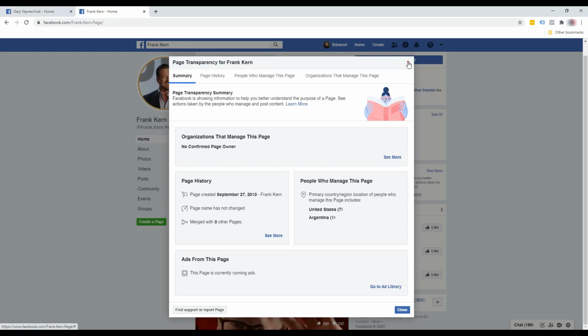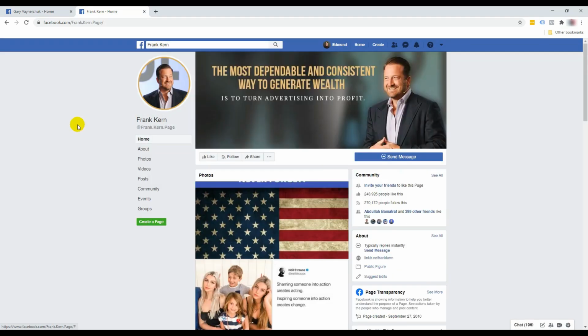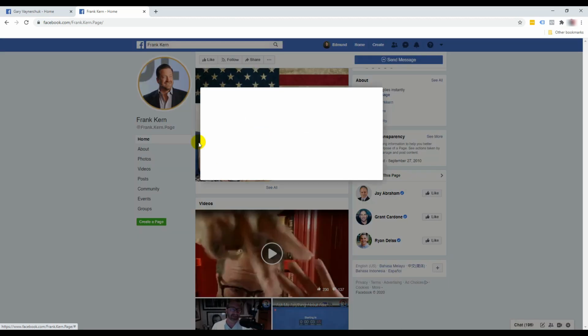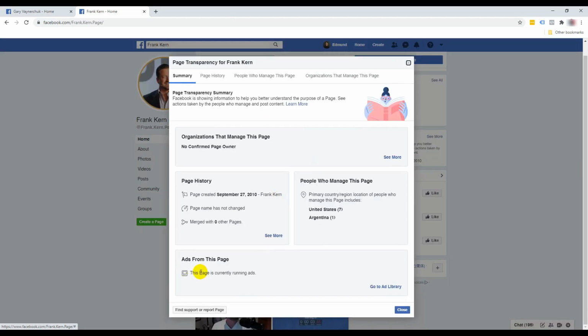So let's go check out another example. This is by renowned internet entrepreneur Frank Kern, and let's take a look at page transparency again. And you can see that this page is currently running ads. So if you want to take a look at what kind of advertisements that this page is running at the present time, we'll click on go to ad library,